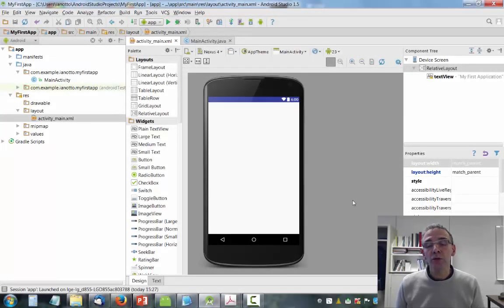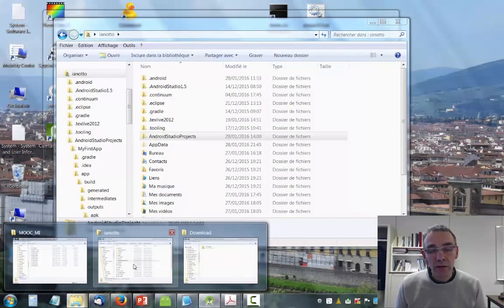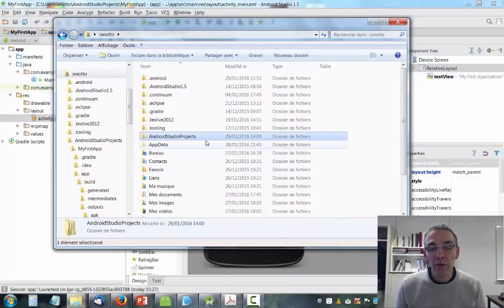Another way to launch an application on a physical device is to manually install the APK files on the device. First, you have to connect your smartphone to your PC. Then you have to go to the directory that contains the Android project. This directory is named Android Studio Project.